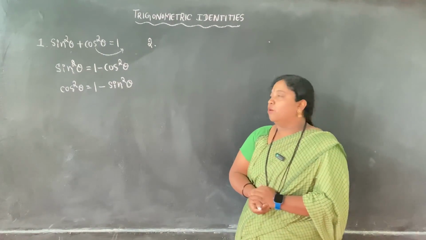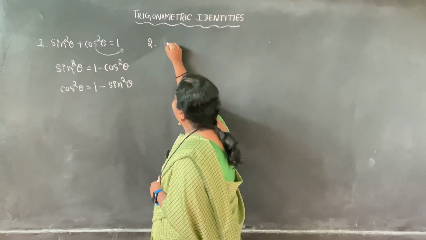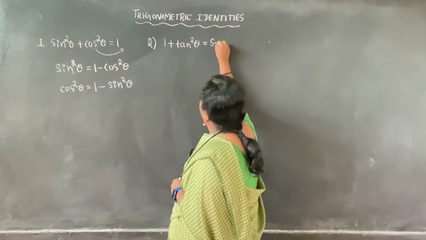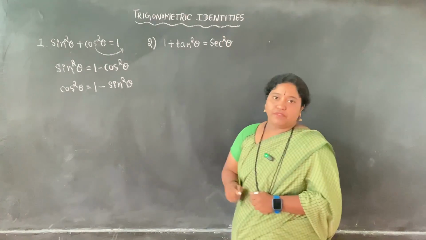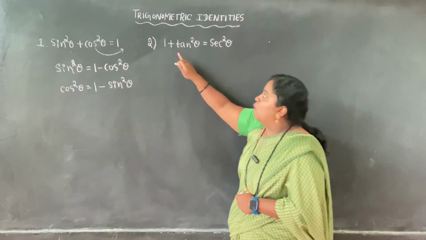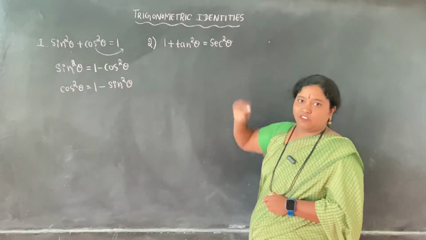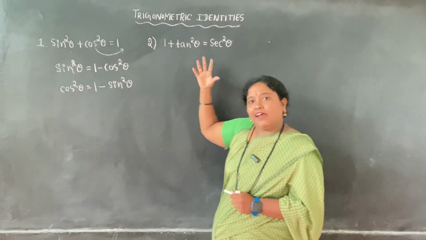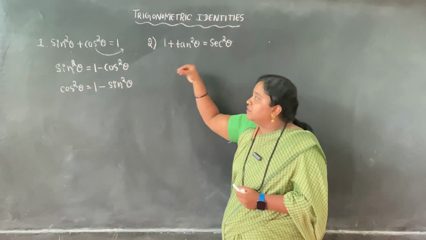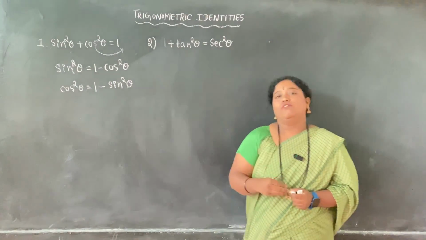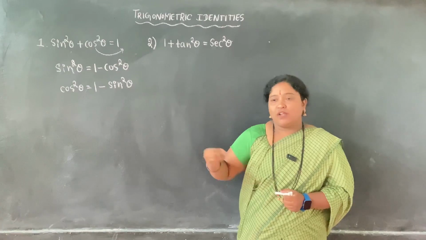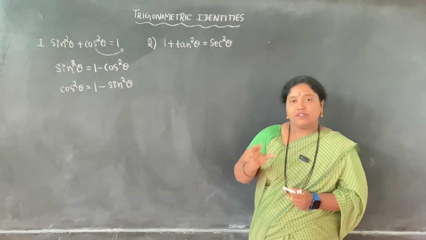The second trigonometric identity is, dears, 1 plus tan square theta is equal to secant square theta. This is the second trigonometric identity, a very important identity. Same as here, we'll rearrange and we'll get two varieties of this one itself, because all these sub equations will also be used in the coming questions, dear. You will understand when you watch it completely where and how we have to use them.